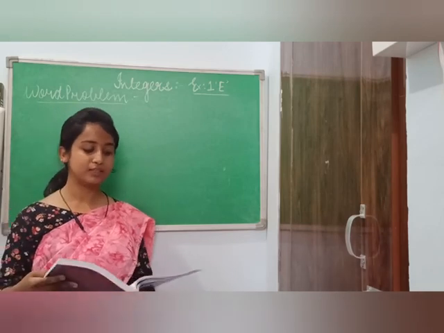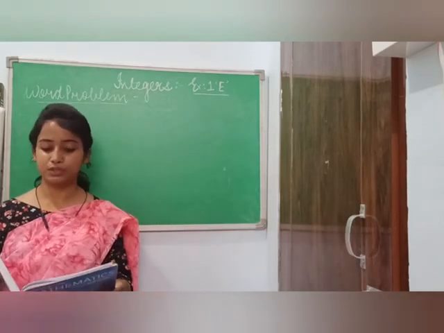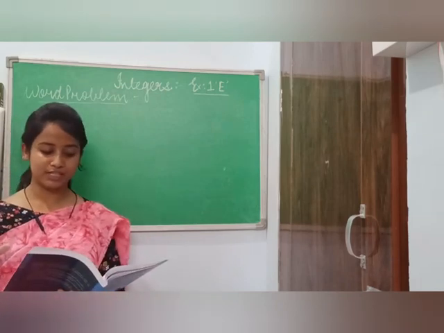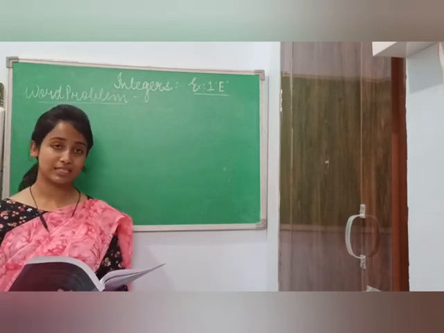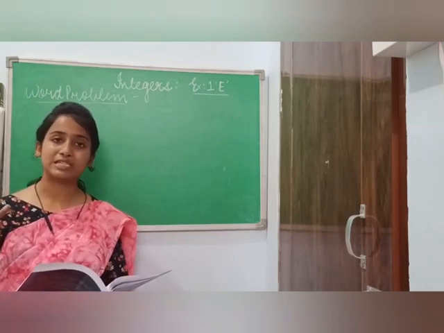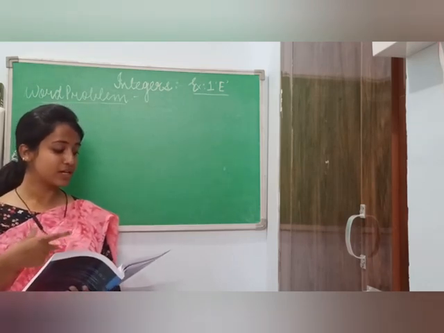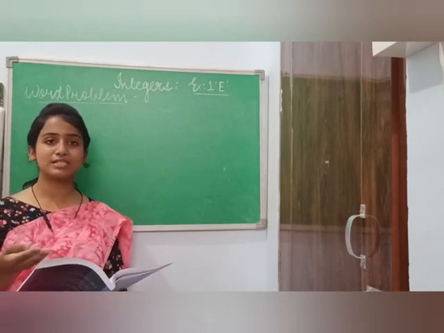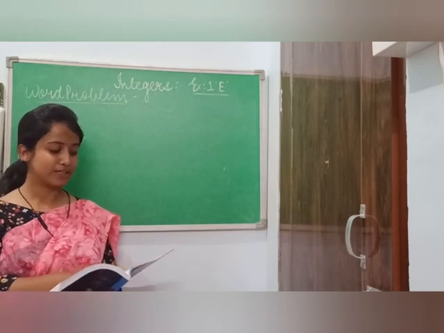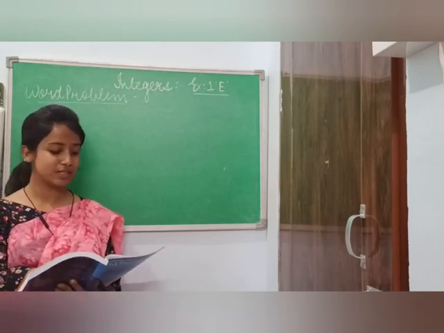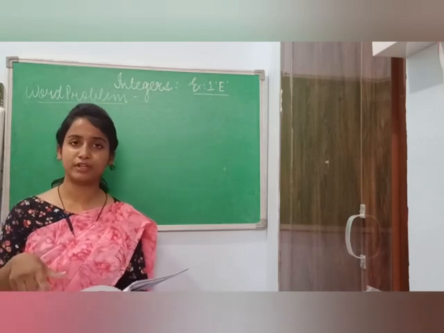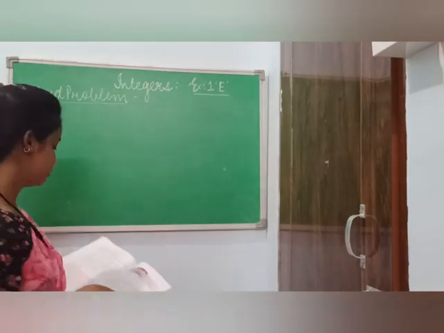Now it says that the temperature of a particular room is given. The temperature is 45 degrees centigrade. Then the question says that the temperature of the room is being lowered, means the temperature is decreased. And how is the temperature decreased? It is decreased by 4 degrees centigrade every hour and it's decreasing for 10 hours. Means the rate is given, that's 4 degrees centigrade for 10 hours, and then we have to find out the present temperature of the room.